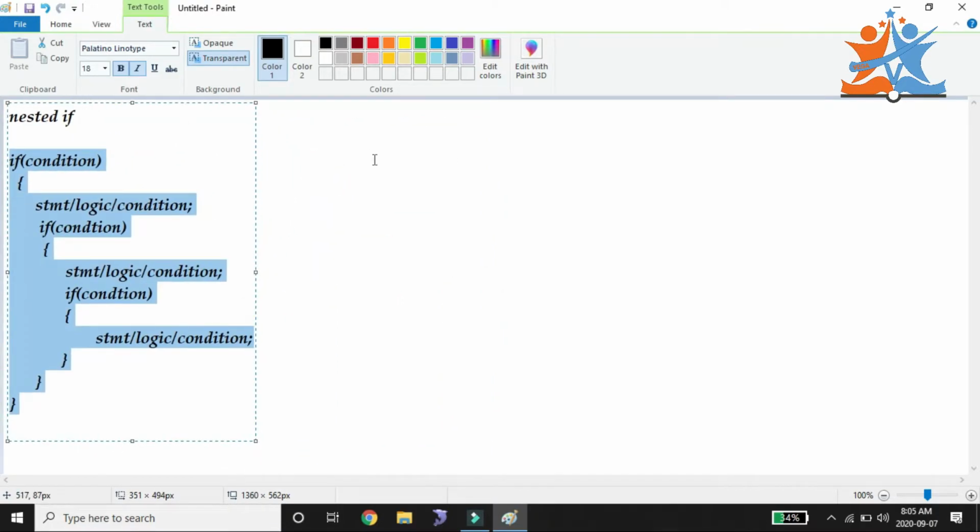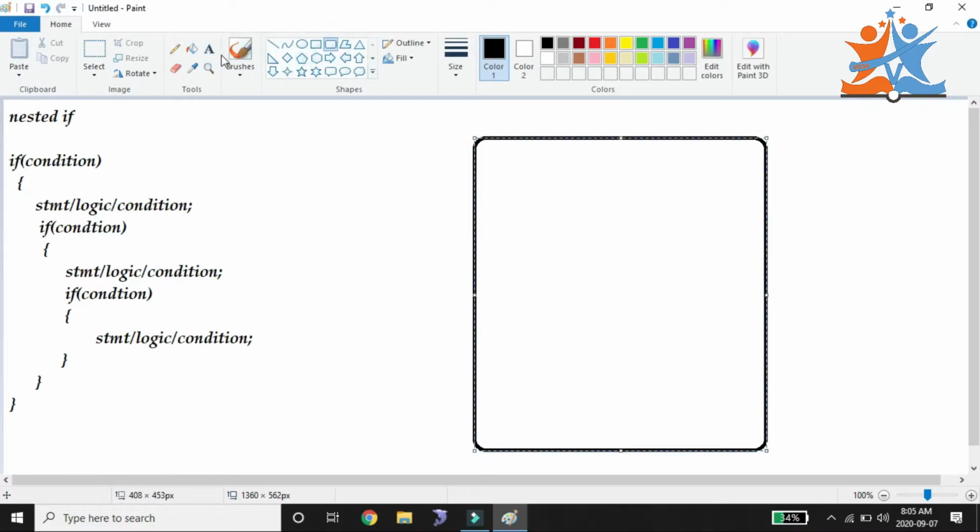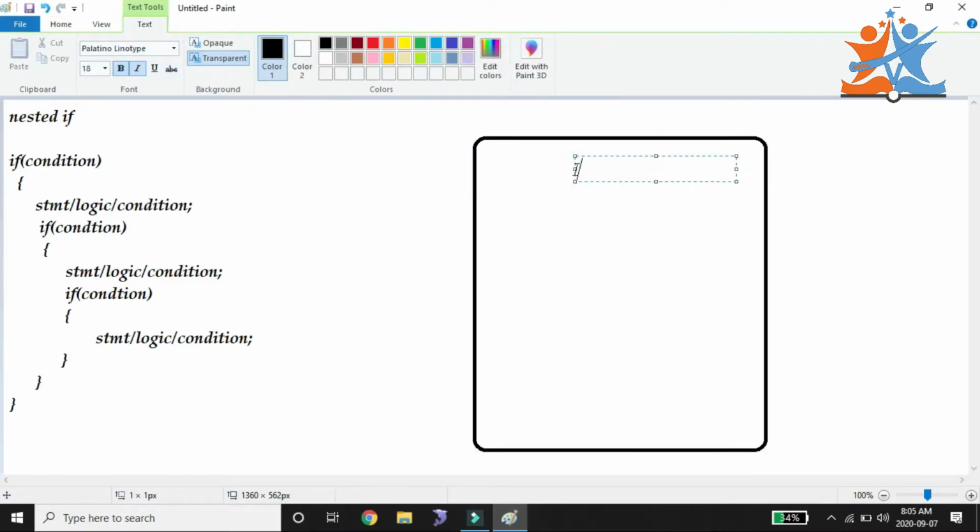Okay. So where do we use this nested if condition in real time? Generally we use it in a Gmail account, the Gmail login page.